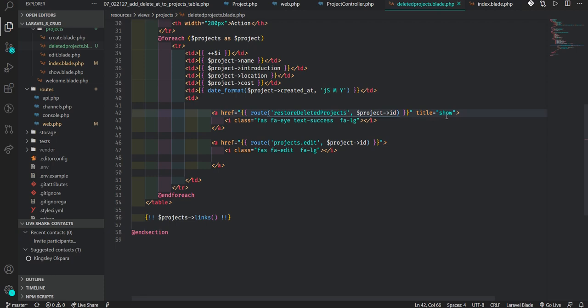Everything looks okay. Now I'll call it restore deleted projects. Now having that, what will I use? Let me say I use window restore. I think I remember there's a window restore. We'll just use this temporarily.